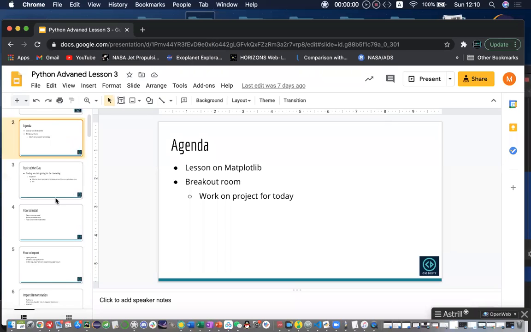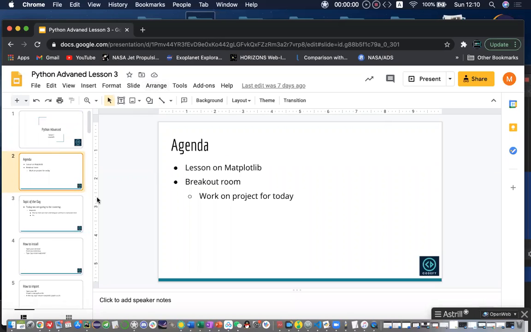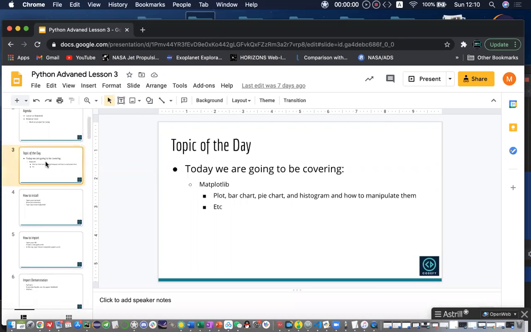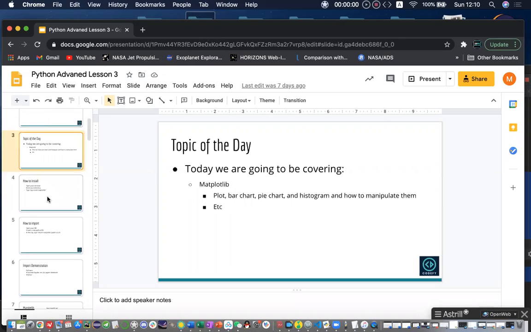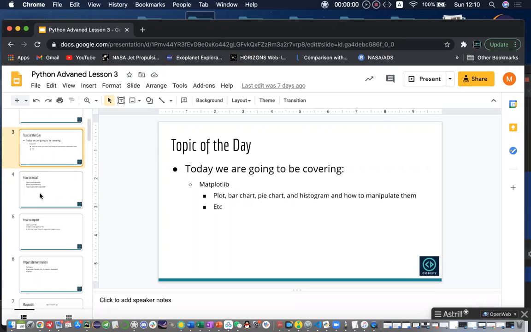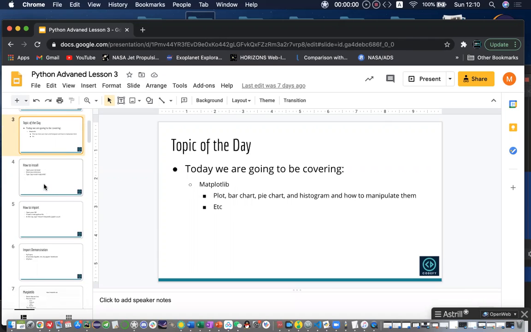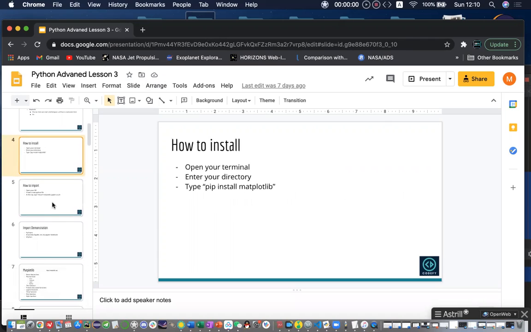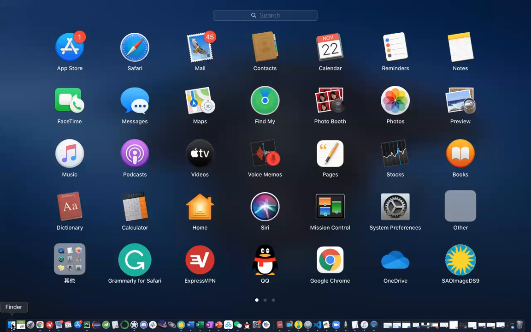So basically, in the last class we talked about Matplotlib, and we talked about the bar chart, pie chart, and histogram. And this class, lesson 4, we talked about the scatter plot, which is just a continuation of what we talked about in the last lecture. And the first is how to install. So basically, what you need to do is just